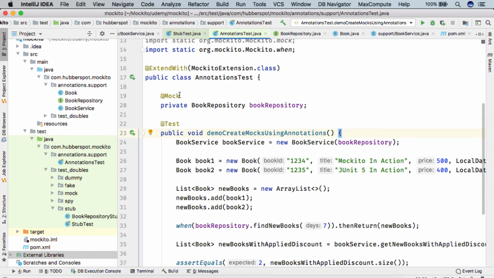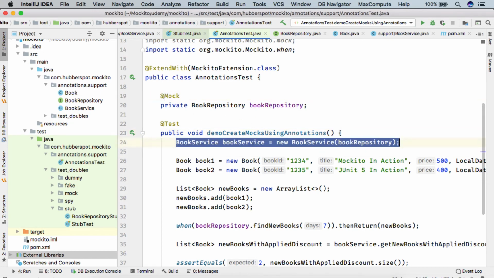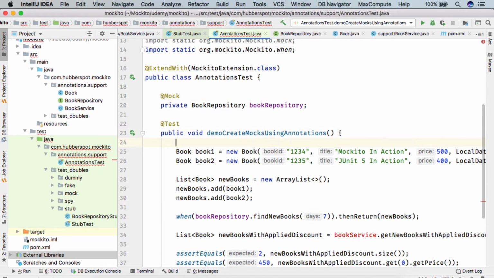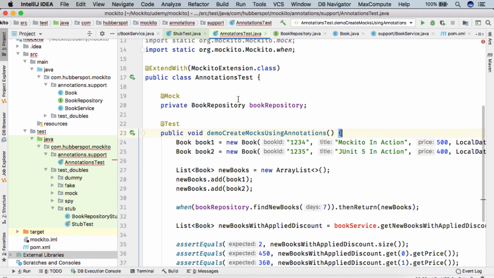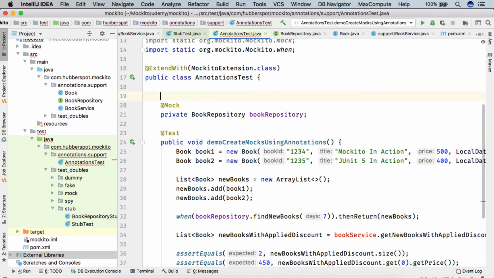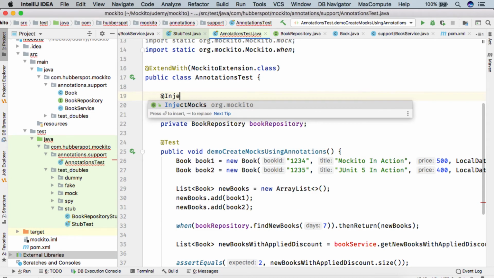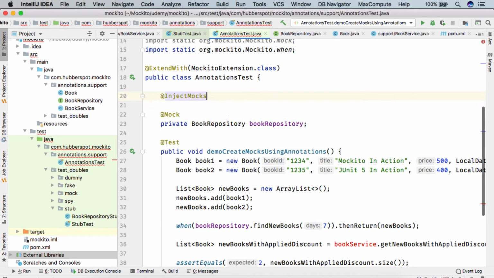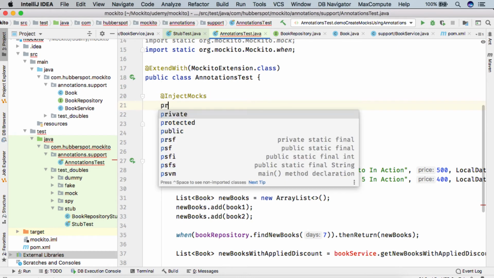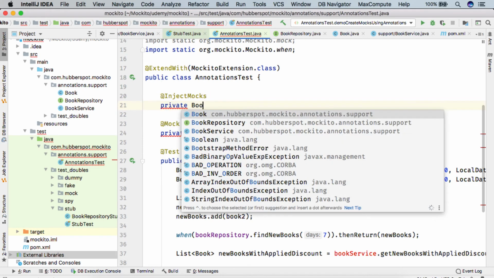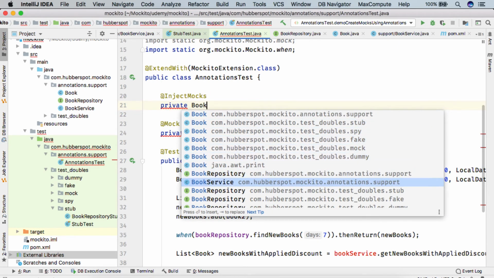So friend, as we are using annotations, we can even remove this line of book service like this. And here we can also use one more annotation, which is @InjectMocks. And here we can simply provide book service.